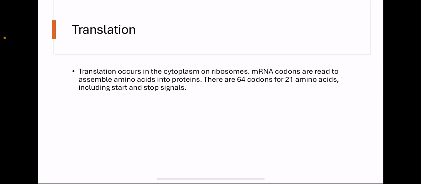When it comes to translation, it's the process by which ribosomes convert mRNA sequences into functional proteins. Each set of 3 nucleotides in mRNA, called a codon, specifies a particular amino acid. Transfer RNA, also known as tRNA, brings amino acids to the ribosome within a cell, matching its anticodon with the mRNA codon. Translation begins at a start codon, usually